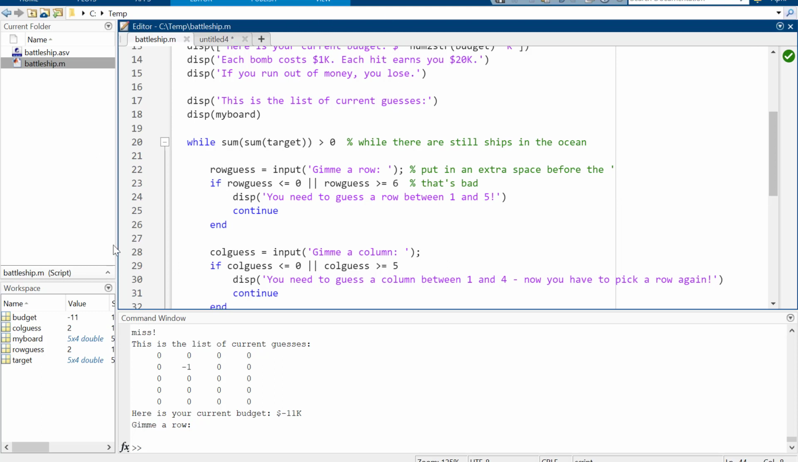Okay. So it's going to go here in this while loop. Remember before when we talked about or, there was another word we used. We used the word and. So we can say, while there are still ships in the ocean, and, you don't have to use the double, but I think it yells if you don't, and our budget is greater than 0. So while the target is greater than 0, and our budget is greater than 0, and we still have money,